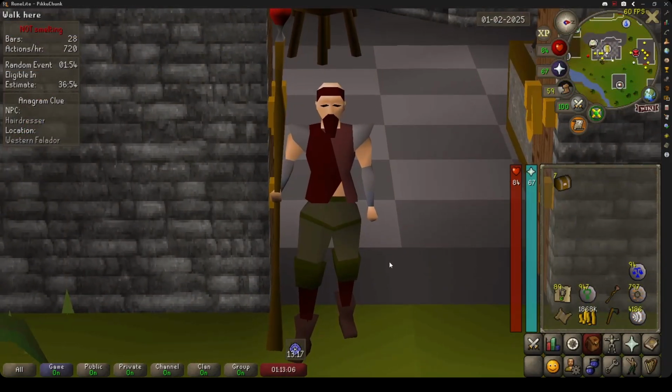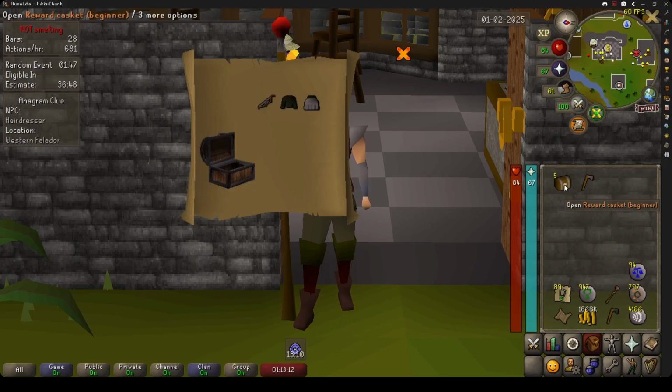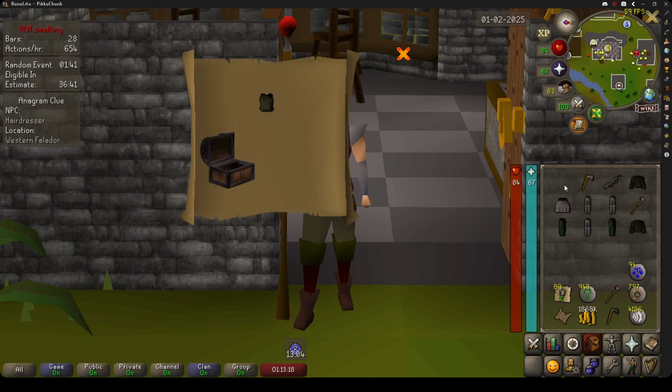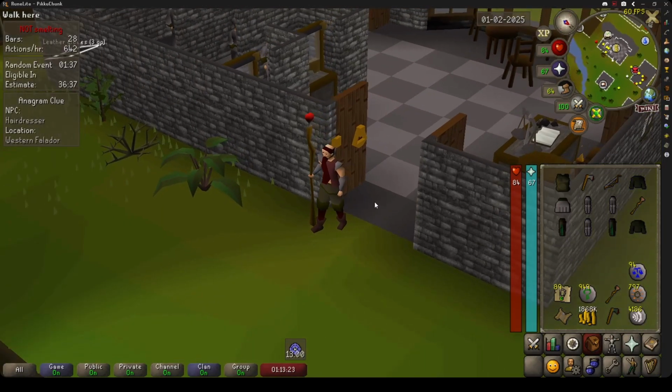Let's see, we have 7 caskets left from this Obor grind, so let's see if we can get 1 more unique out of this. Nope. Nope. Nope. Nope. And more leather chaps, that's a lot of leather chaps. Nothing really. Well, some steel equipment, that's money, so...